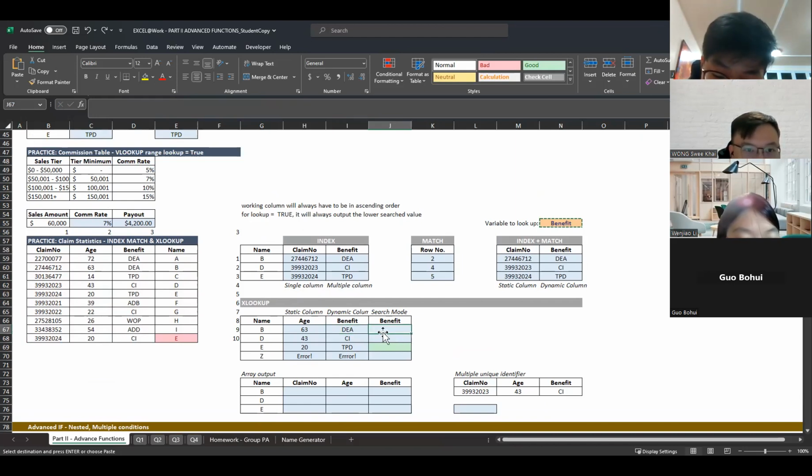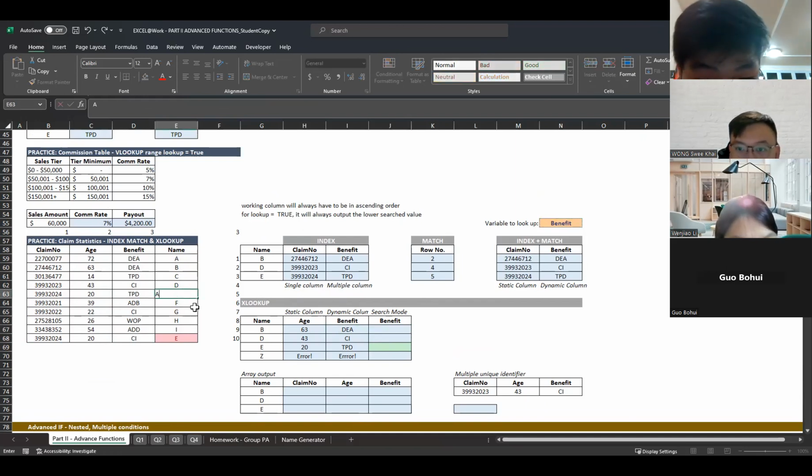Okay, so search mode, right? Search mode is quite interesting because we want to do either, right? Because VLOOKUP will only give you the first output that you see. If I have another policy here, A, then my output cannot read it. My output cannot see the new output. So there's something wrong. So sometimes I want to search from bottom to top.